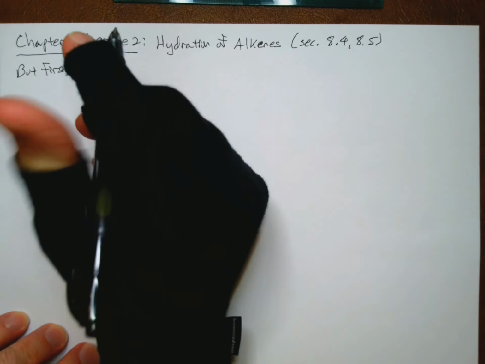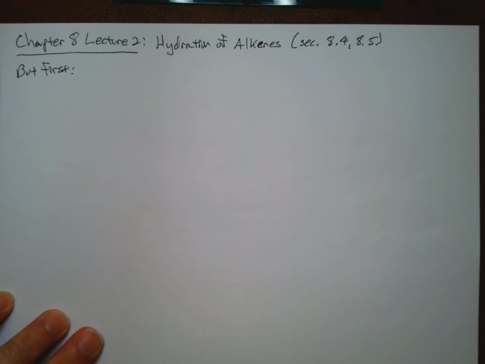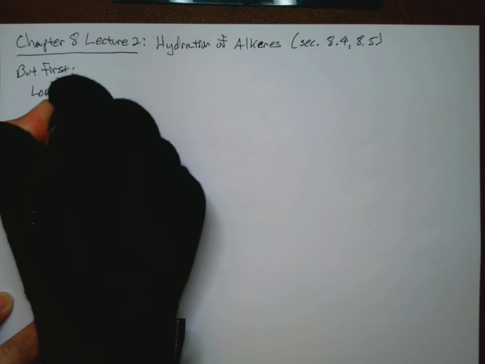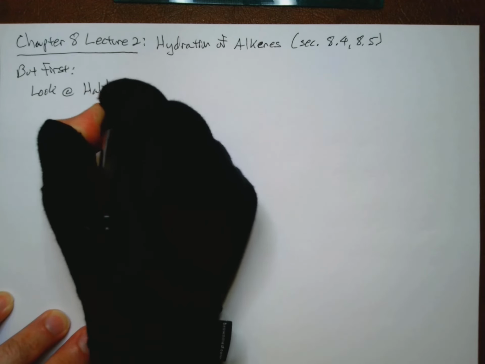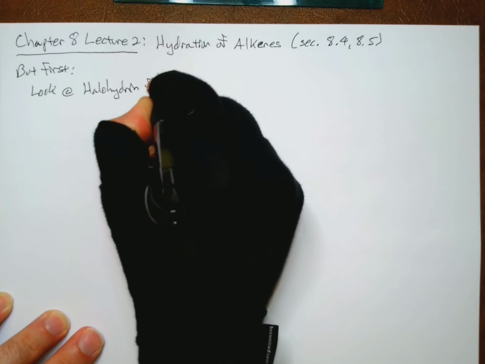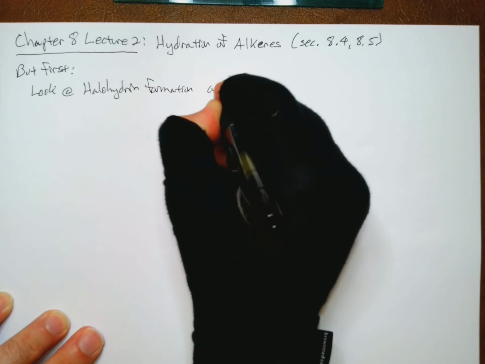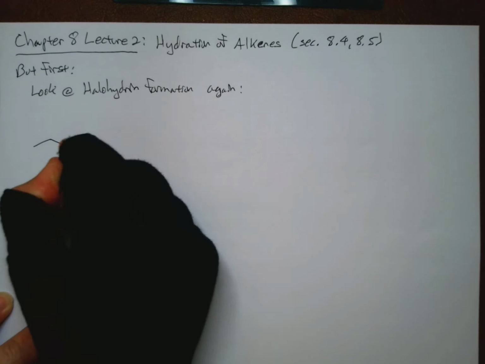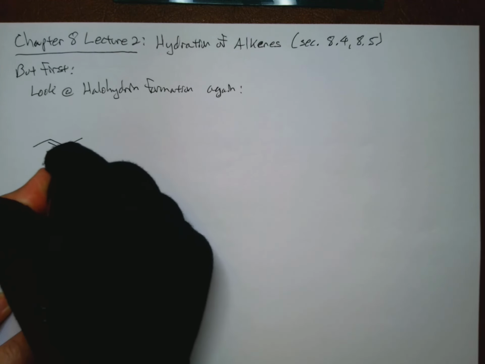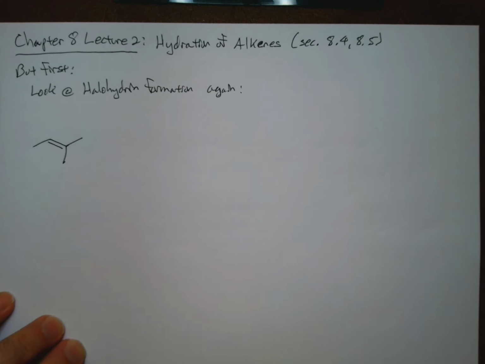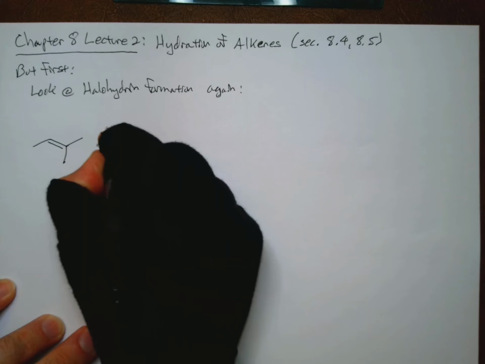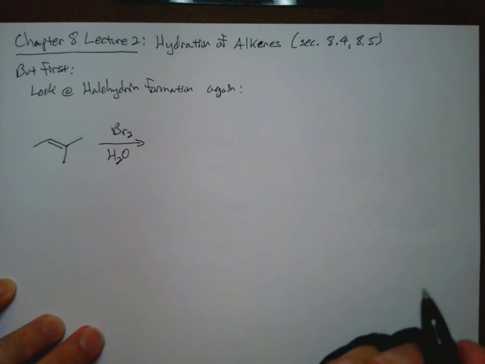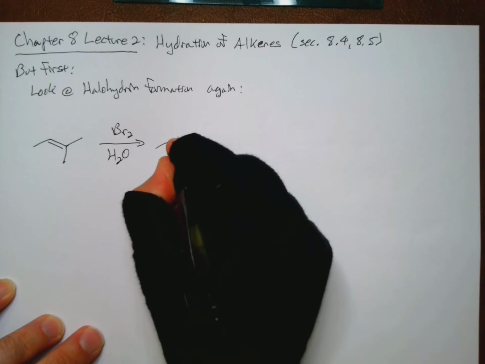let's just take a brief moment to go back and take a look at halohydrin formation again. So let's take the following alkene, and I'll go ahead and do Br2 and H2O. You could use Cl2 if you wanted to, and I will get